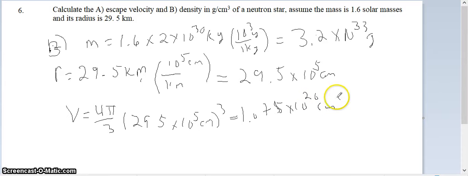Centimeters cubed. And so what we're going to do is take this number and divide it by that number to get the density. The density, I'll do that down here. So remember, this is part B. The density of the neutron star is going to equal